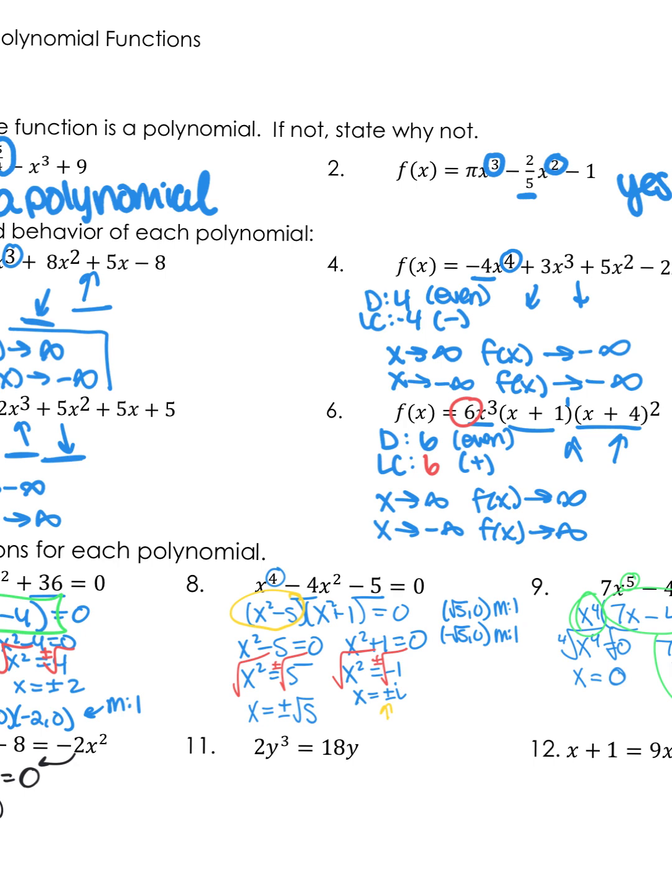Once we factor, we take those factors and set them equal to 0, so we'll set x plus 2 equal to 0. That'll give us x equals -2. And then I'll do this one up here, x squared minus 4 equals 0. Add 4, square root both sides, don't forget your plus or minus, and you'll get x equals plus or minus 2. So for our zeros, we have positive 2,